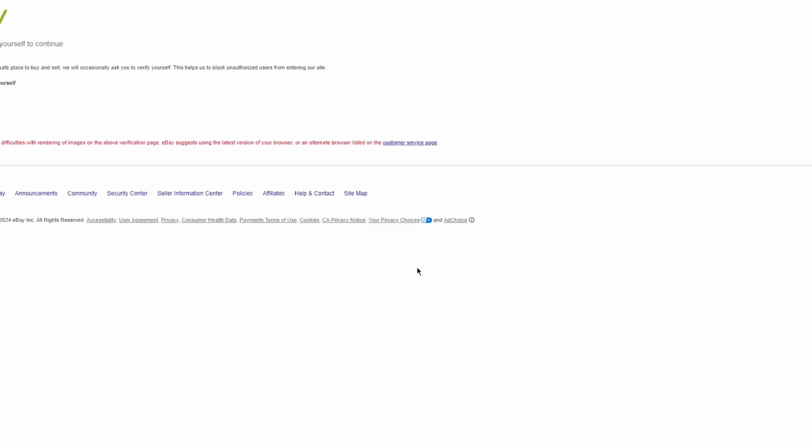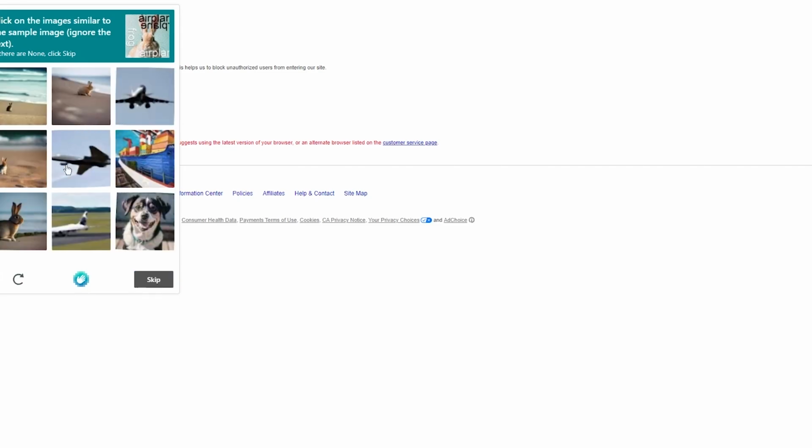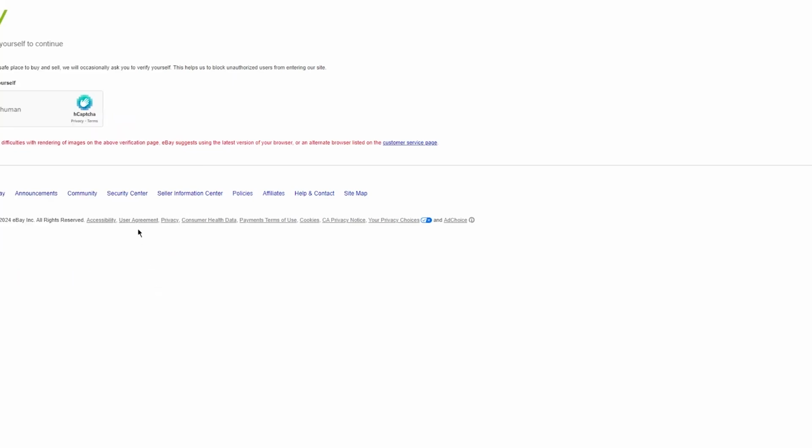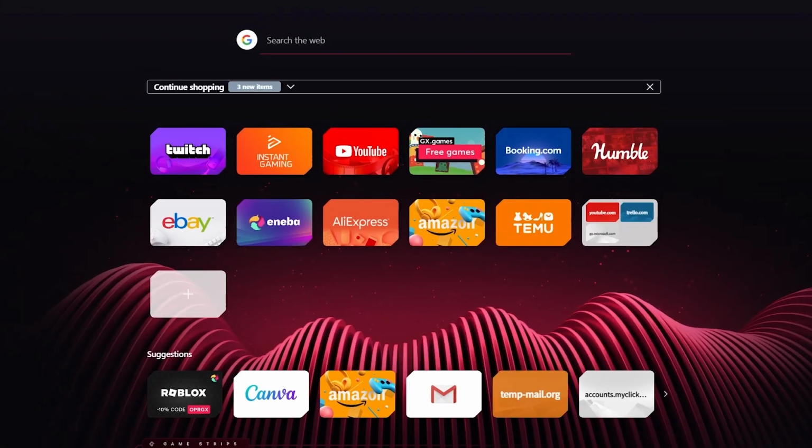Now, once you do that, again, it's going to bring you to this captcha section where you're simply going to want to add a captcha. Okay. So once you go ahead, do that and verify yourself, we're simply going to wait for it to load us into the next section. Now, once you've listed your product or you've chosen your product, you're going to come over to Canva.com. But before getting into Canva.com,